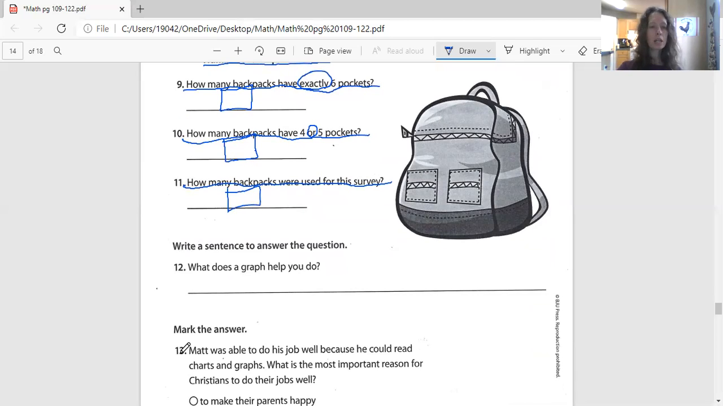Number 12 says, write a sentence to answer the question. What does a graph help you do? Let me give you the start of the sentence. A graph